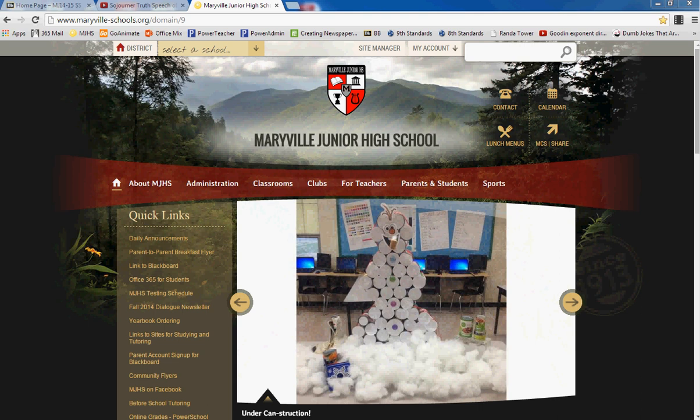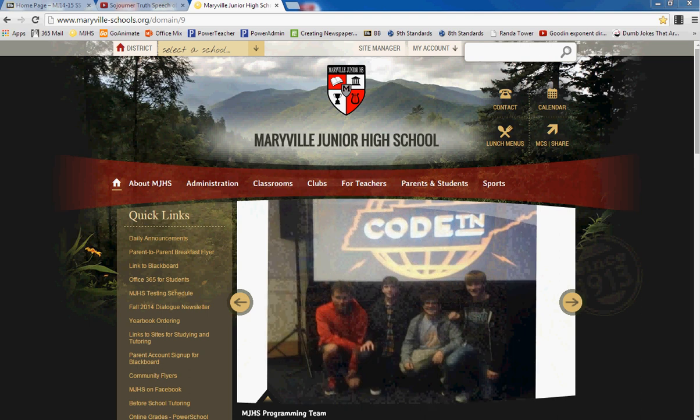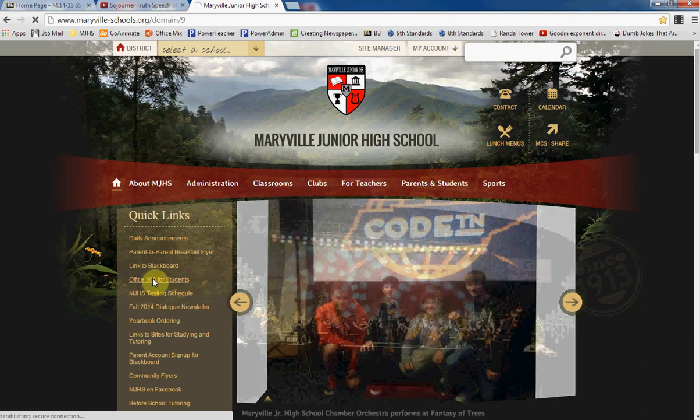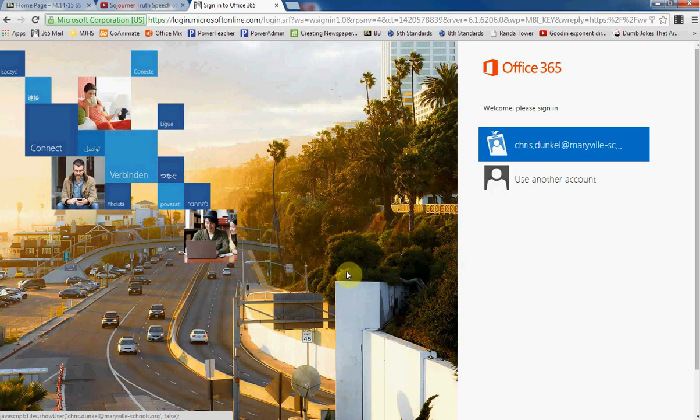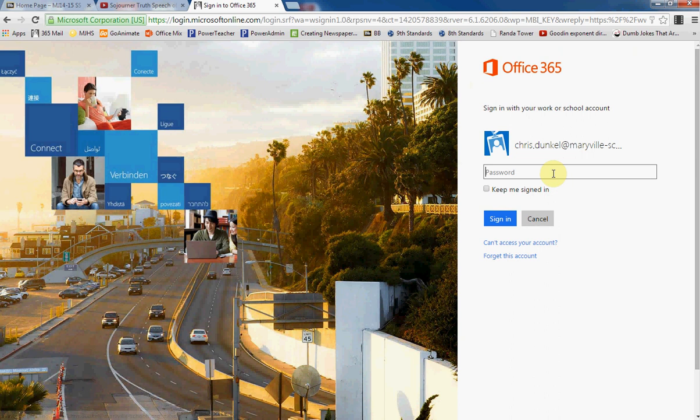So the first thing you're going to need to do is to log into your student email account. This is the best way to do that, and that is go to the junior high school page and on the left click on Office 365 for Students, and that's going to take you to a login screen, and you're going to type in your login information. Now, mine's already populated, but yours, if you recall, is just your username at students.maryville-schools.org, and your password is just your normal password. So once you log in,